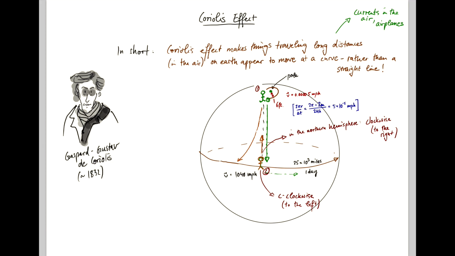And what's important to remember is the Coriolis force, which appears to be deflecting an object from its straight line trajectory, is not actually a force. The Coriolis effect is simply due to the relative velocity between the traveling ball and the ground on the Earth changing as you go from equator to pole.